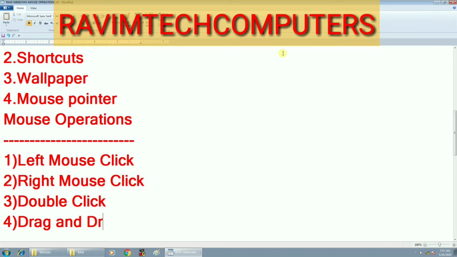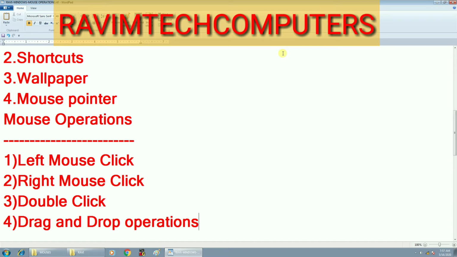If you do these operations practically, then as a beginner you can do computer operations very fast compared to others. But more practice is required if you want to get the complete grip. Just listening to my video is not sufficient. You need to do the practice. A lot of practice is required to get the complete grip. Drag and drop operations, all these are related to the mouse.